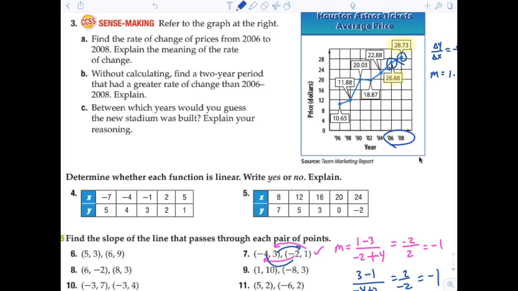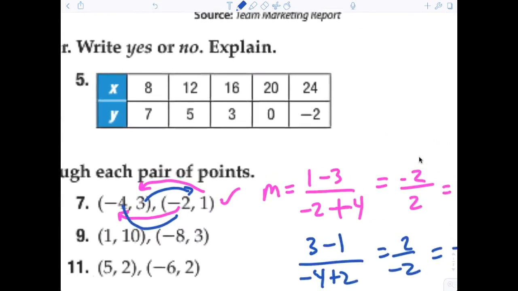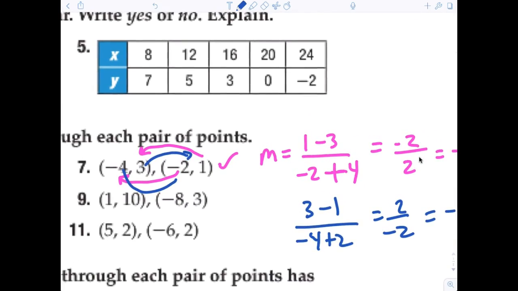All right? So now that we have that, what I want to do now is take a look at question number 5. Now, if it's linear or if it makes a line, the slope will always be the same. Does everybody agree? So now I want to look at number 5. Please pay attention now. From here to here, I'm adding 4. From here to here to here, it looks good so far. From here to here, I'm subtracting 2, from here and from here.